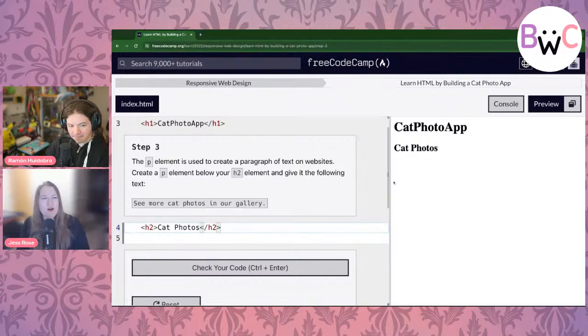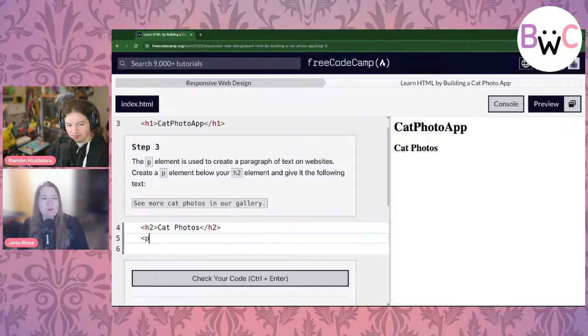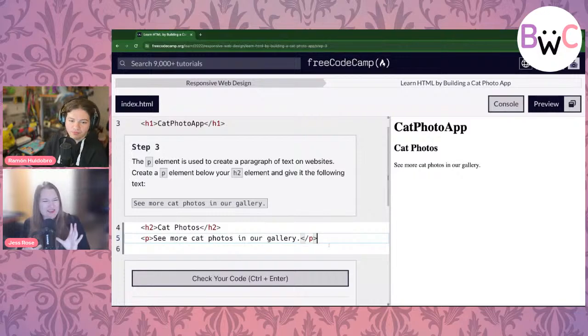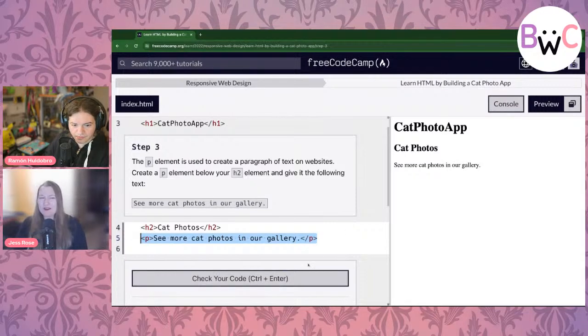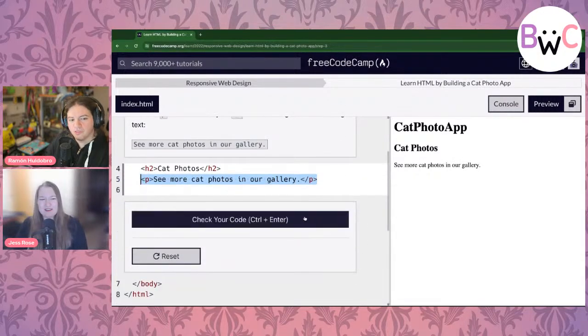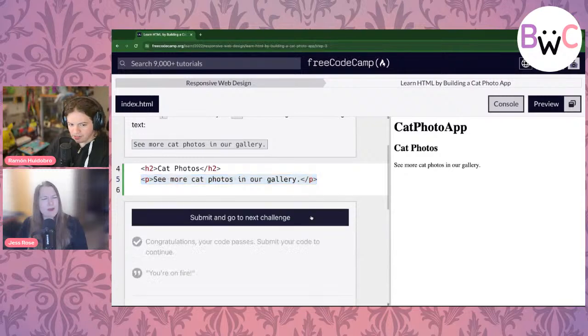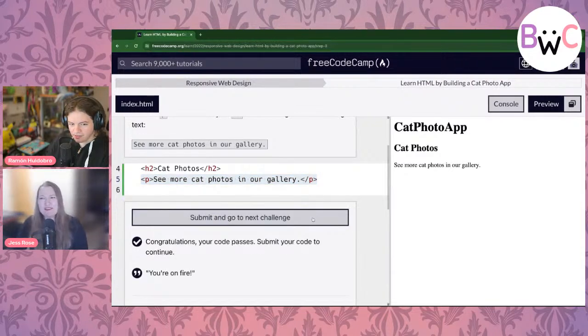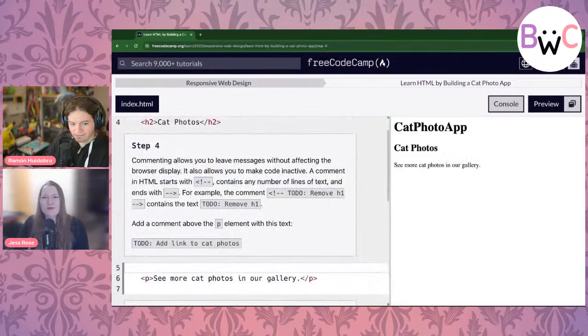So here, we're going to create a paragraph element, which is just a P. Open P, and a close P. So this is not too much problem solving. We're just getting used to typing some HTML. I think we can check our code. I feel very confident about this. So the P here is a paragraph. Is that right? I think it's a paragraph, isn't it?